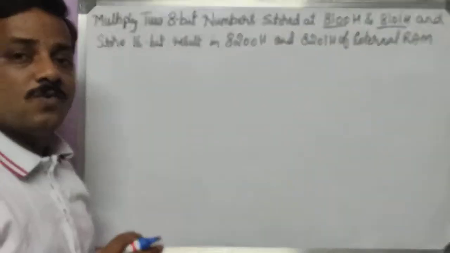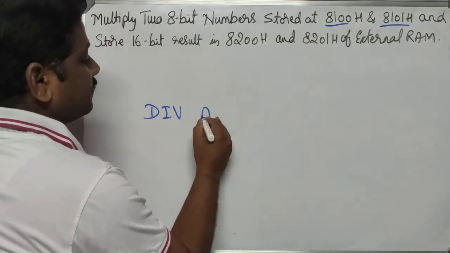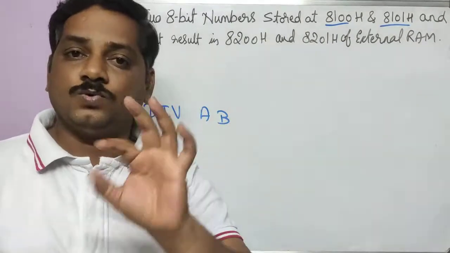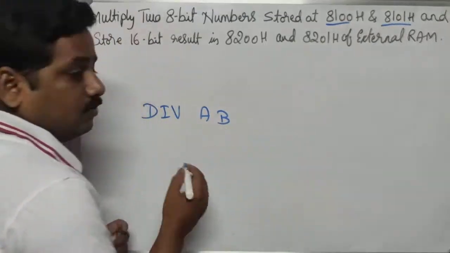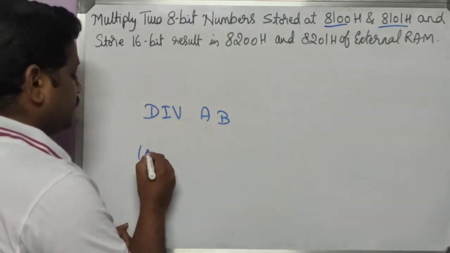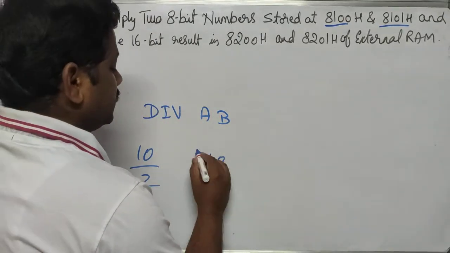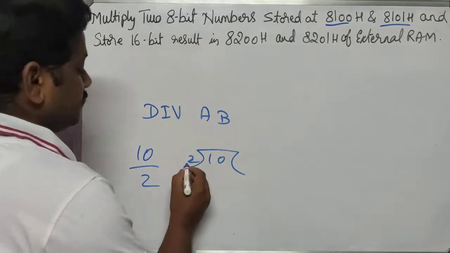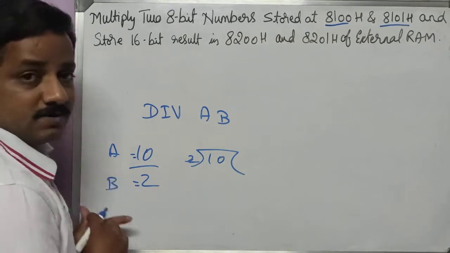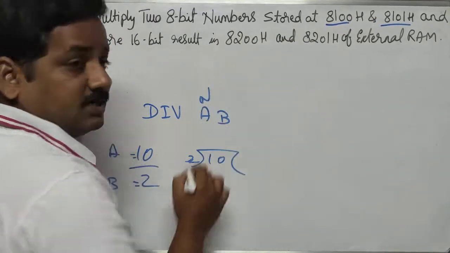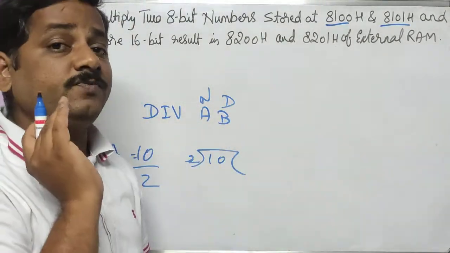First I will tell you how division actually happens here. The division instruction syntax is this. Here also you should use the A and B registers only. DIV AB. So once we do this, let's see how the division will be. Say for example, if I want to divide 10 by 2, it will be done like this, 10 and 2. So while giving the input, this is the numerator and this is the denominator. It means A will have the numerator in it and B should have the denominator in it. That's the point. While giving the input, you should be very careful here.